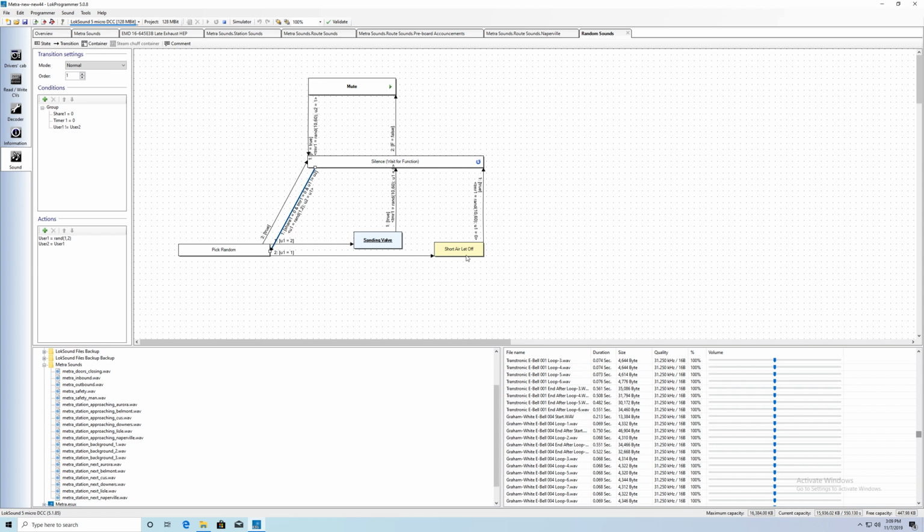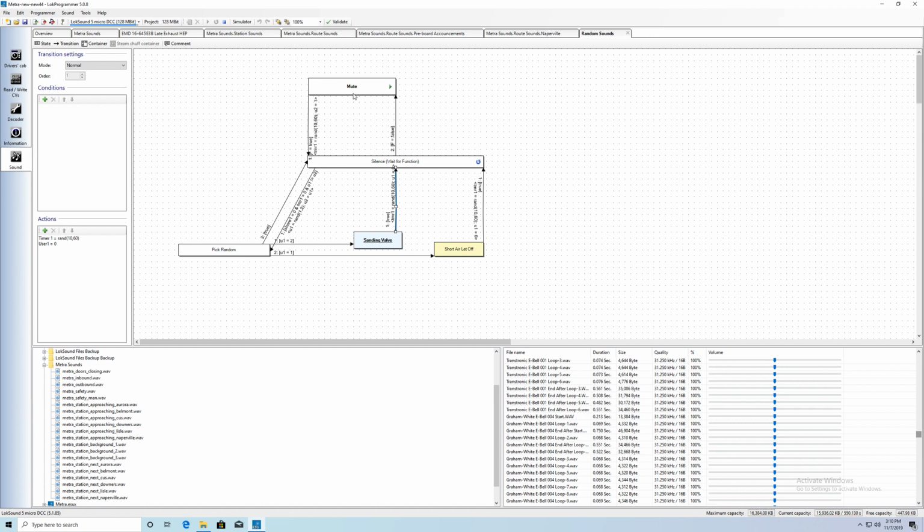So I only have these 2 sounds, so I'm only saying pick a random number from 1 to 2. It's either going to go to this sound or this sound. And then I think I'm also randomizing the timer, because I don't want it to play a random sound every 10 seconds. I want it to be more random. So this one's saying pick random seconds from 10 seconds to 60 seconds to then go back and